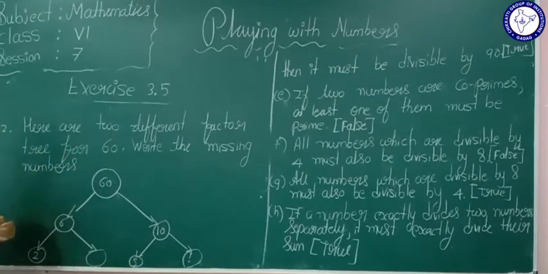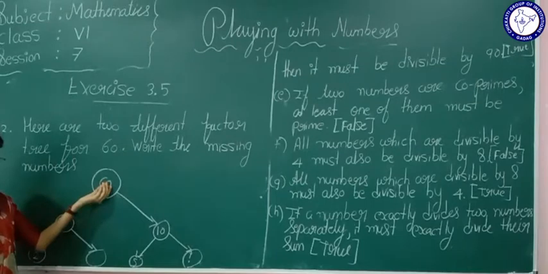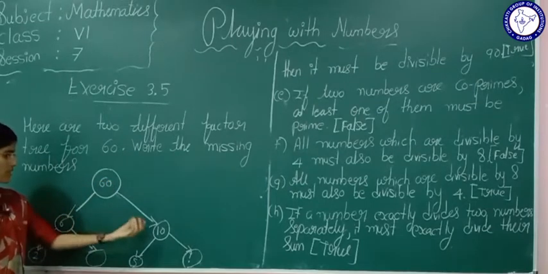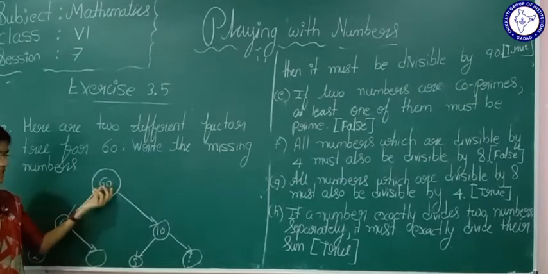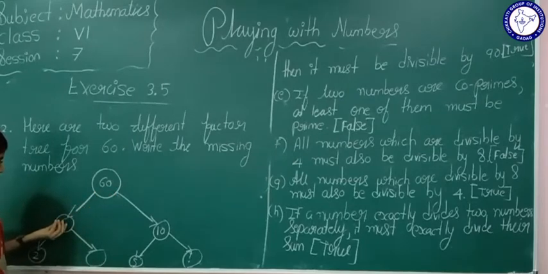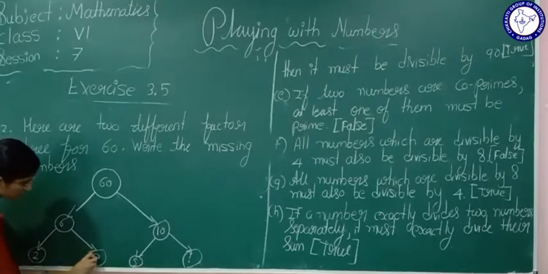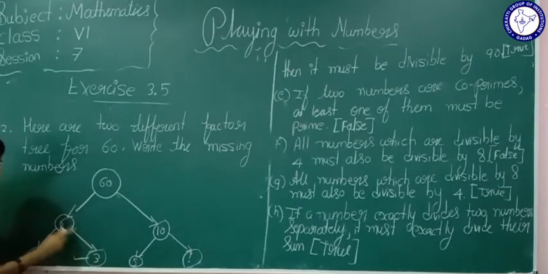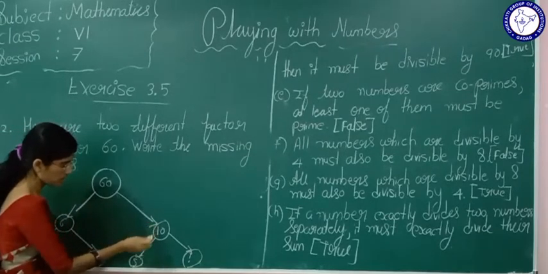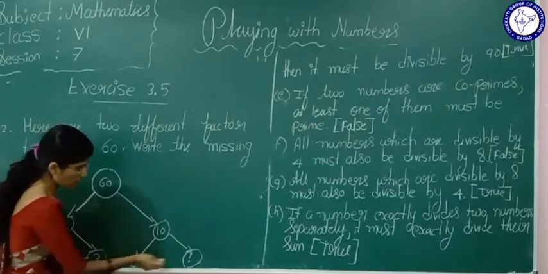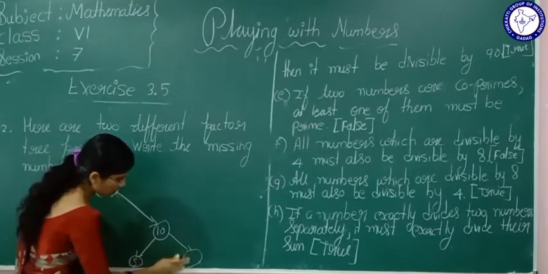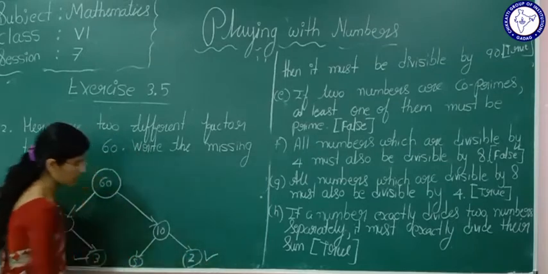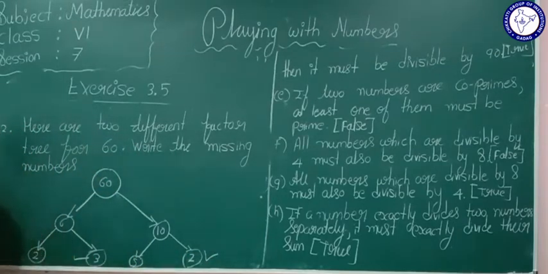See, what is this factor tree? Here, 60. This 60 is written as 6 tens are 60. 6 and 10 are the factors of 60. Again this 6 can be written as the factors of 6 are 2 and 3; 2 threes are 6. Now a 10 is there. 5 is a factor of 10. How much are 10? It is 5 twos are 10. So this blank they used to fill.